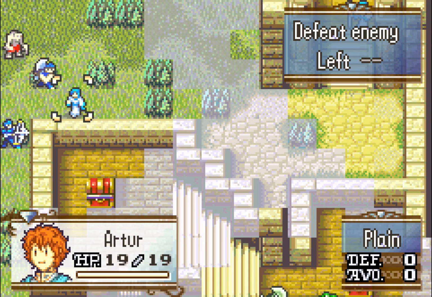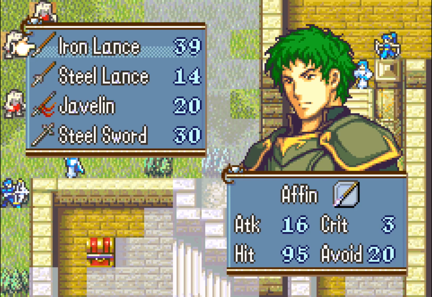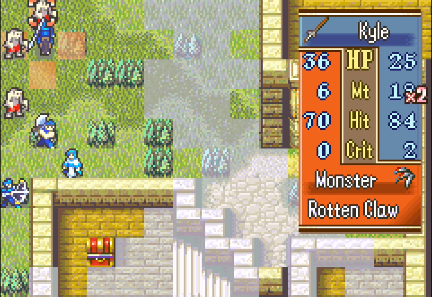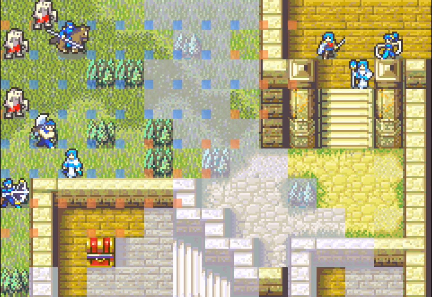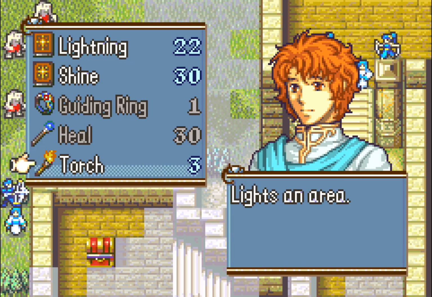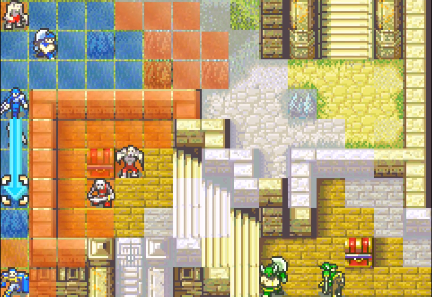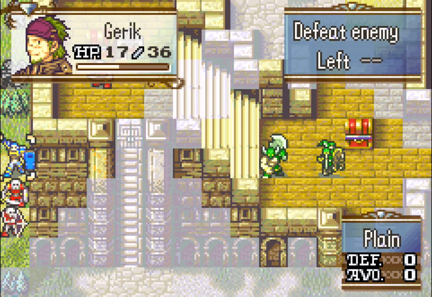I think what we want to do is, let's see. So Kyle with the steel lance actually doesn't double this one, does double this one. Only takes 6 damage from the other one, which is not a ton. So you can certainly deal with that. So I'm thinking I have Archer come down, use the torch again. That allows Innes to come down and shoot this guy, who he sadly does not want around, which is pretty annoying. And then Garrick...